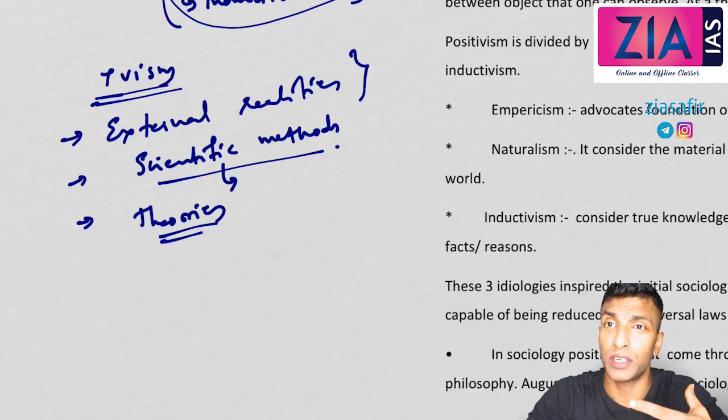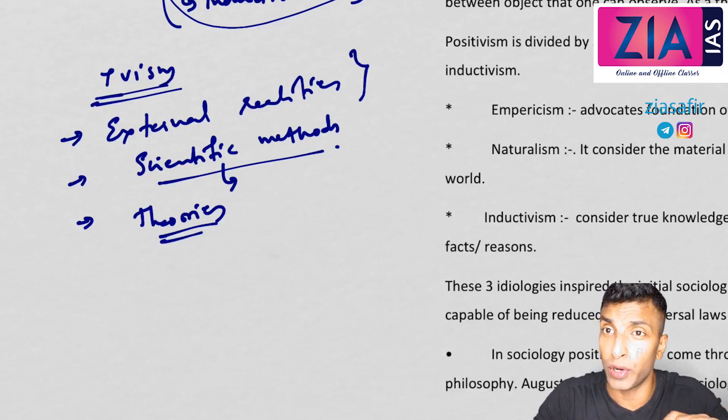Marx is not a positivist. Okay, to an extent he is a positivist. We can't say positivist because he is not a pure sociologist also. But Durkheim was a pure sociologist. Marx is more of a philosopher or a political scientist or economist. But since his concern is towards sociology or society, we are considering him as a sociologist, and his contribution is immense, and we are taking his theories also in sociology, because in all his theories there is a concern towards society. Apart from that, I won't say Marx is a pure sociologist. To an extent you can consider him a sociologist. But Durkheim wrote as a pure sociologist. Weber is a pure sociologist.